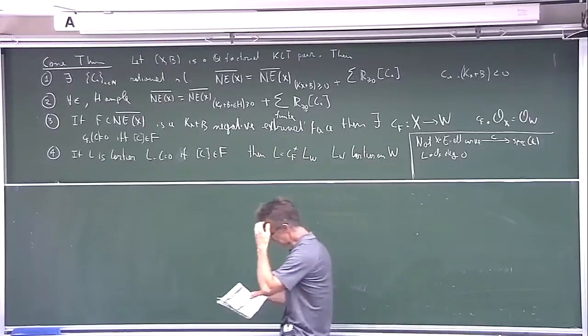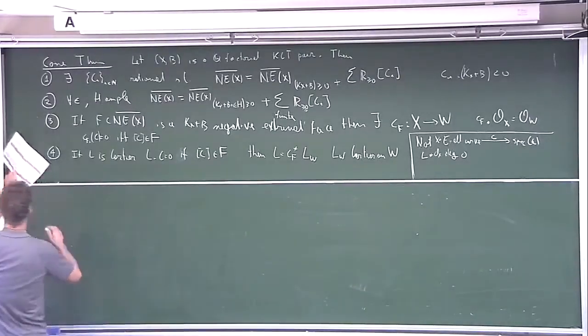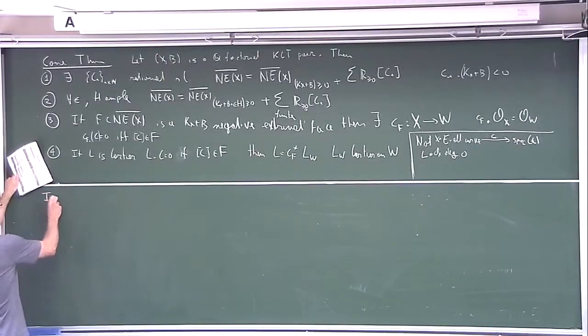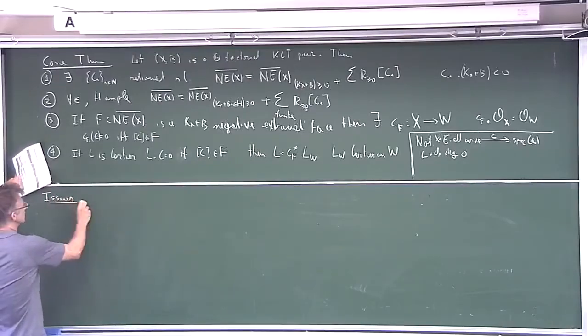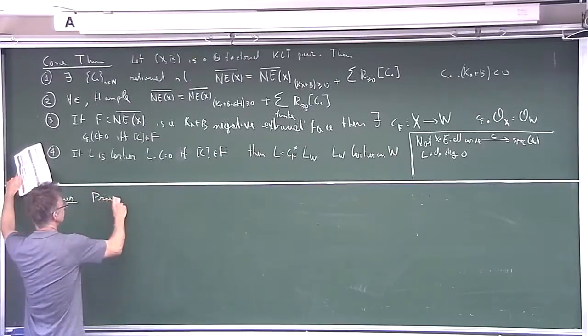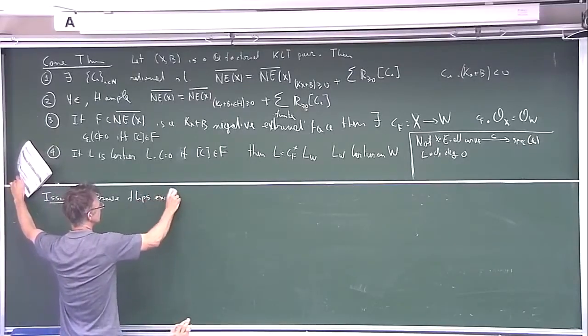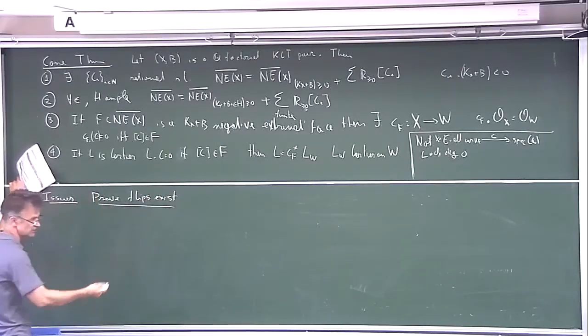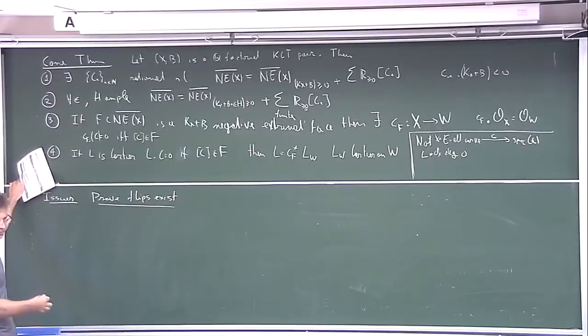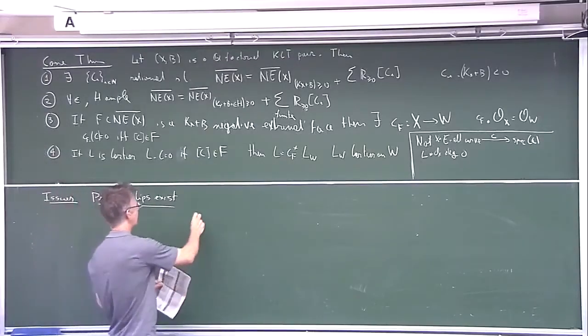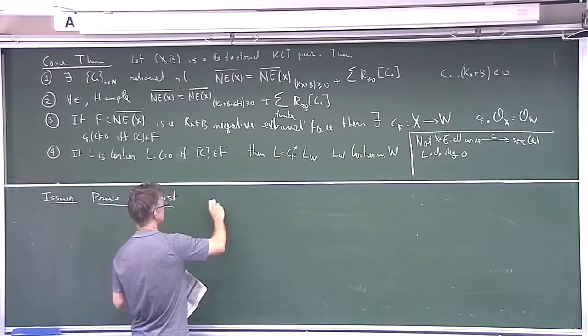Okay, so the two main issues remaining are, first, prove that flips exist. So whenever you have a flipping contraction, then the corresponding algebra is finitely generated, so you can take Proj of that algebra and you can flip. And then the next issue is